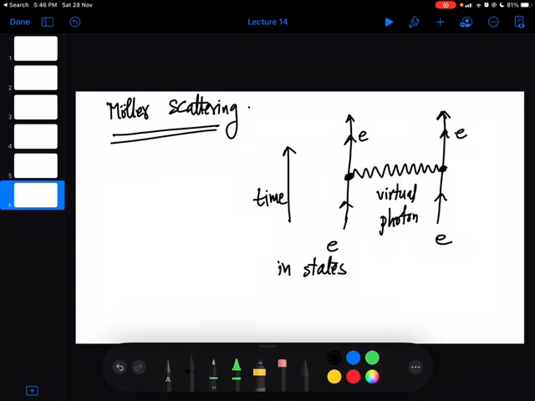Let me call this exchange. Essentially this could be this way from here and this way from here. That's the reason you don't really put any arrow on virtual particles. Typically on virtual particles you should not put any arrow, especially for gauge bosons actually. Now, there are several things we should see actually. So first of all,